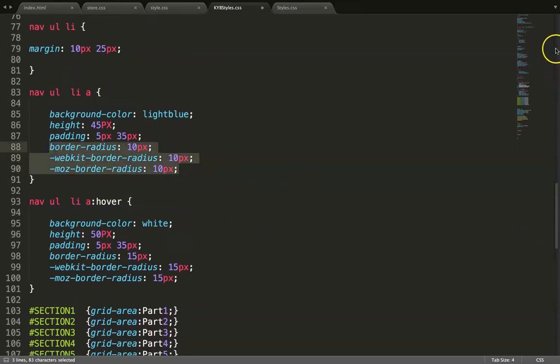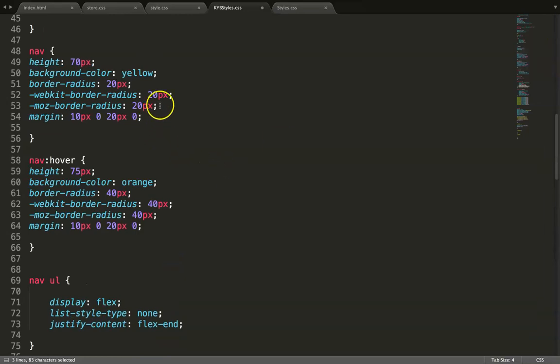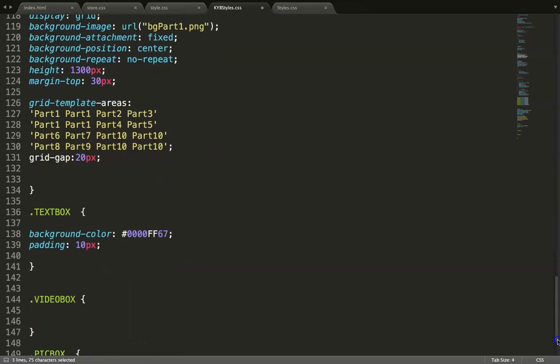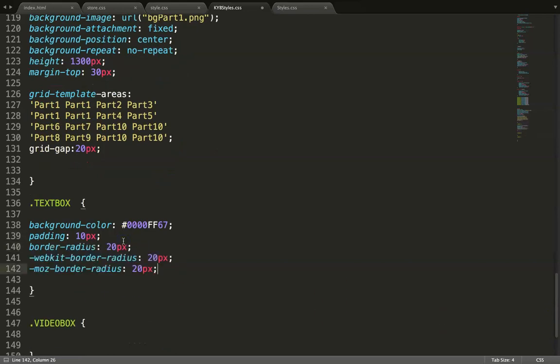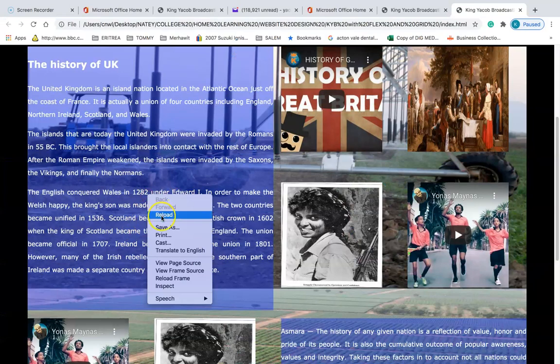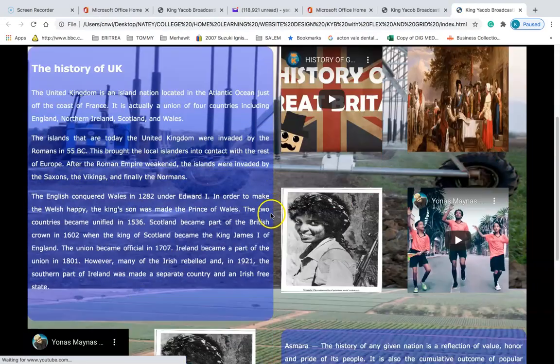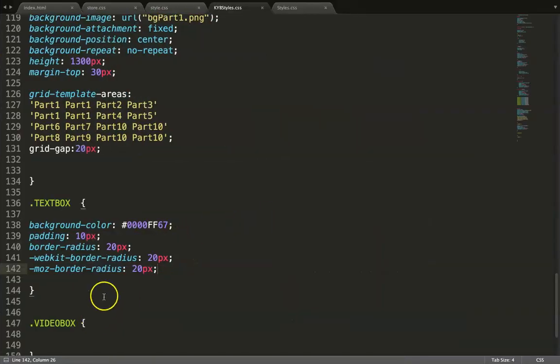Maybe 20 border radius would be better, like this one. Let's see. That's better. Okay, good. And if we replicate that into the others,